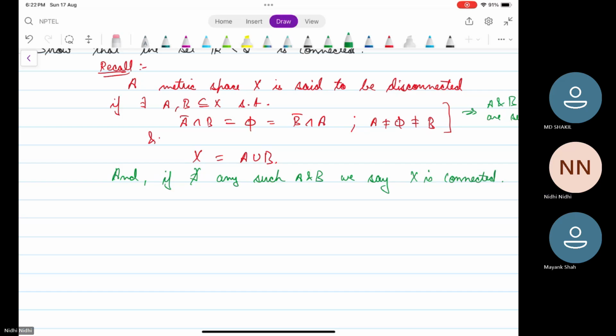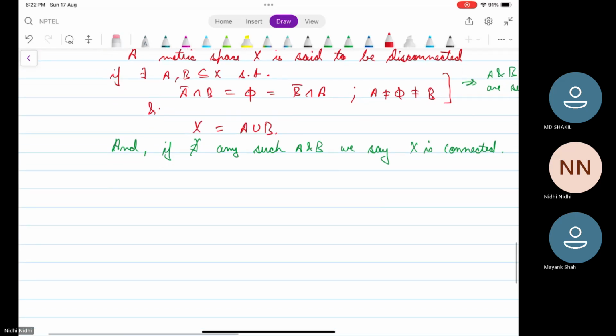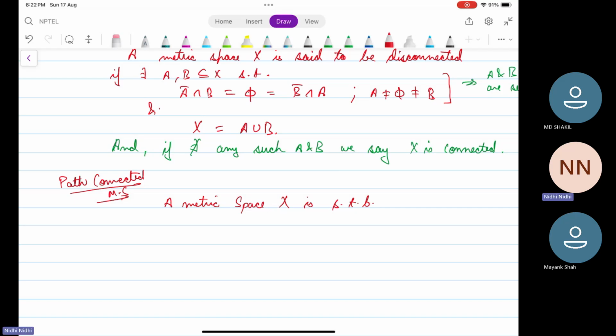A metric space X is said to be path connected